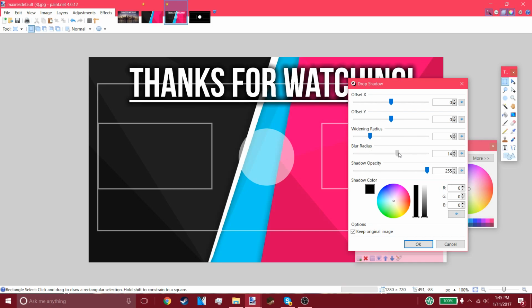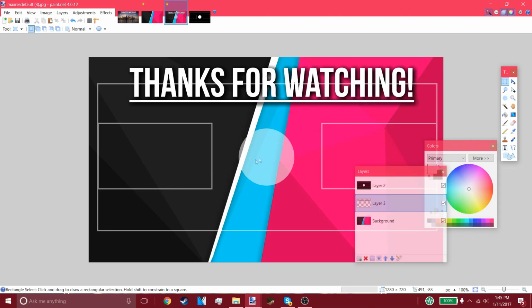so that it actually looks like a shadow, and so that it looks like it's floating just above the screen itself. And you can go ahead and adjust the offset X and offset Y to make it look just a bit more realistic. So once you have that in, what you can go ahead and do is